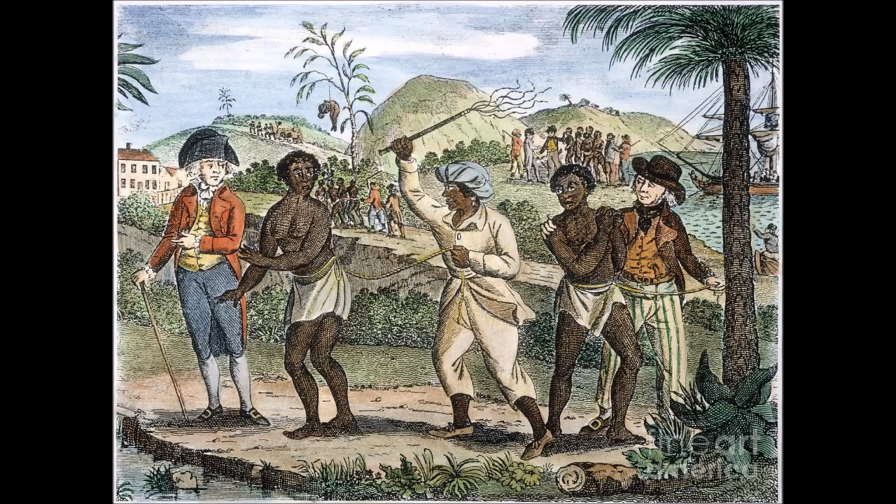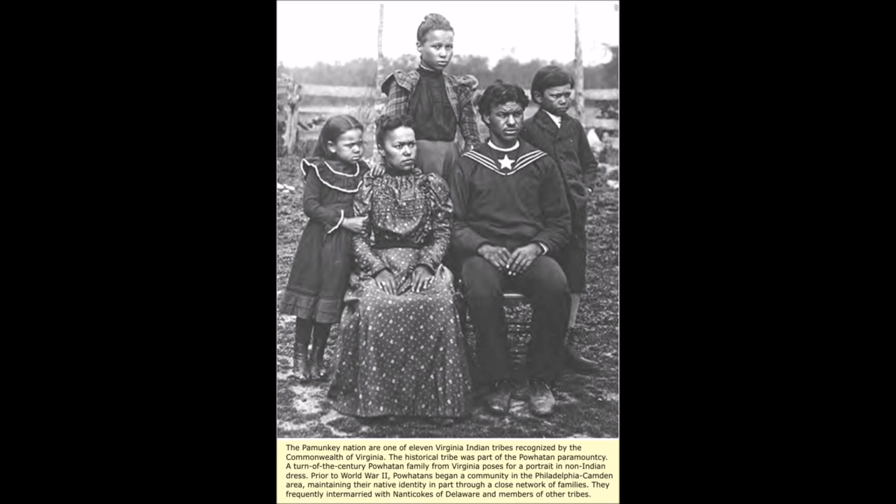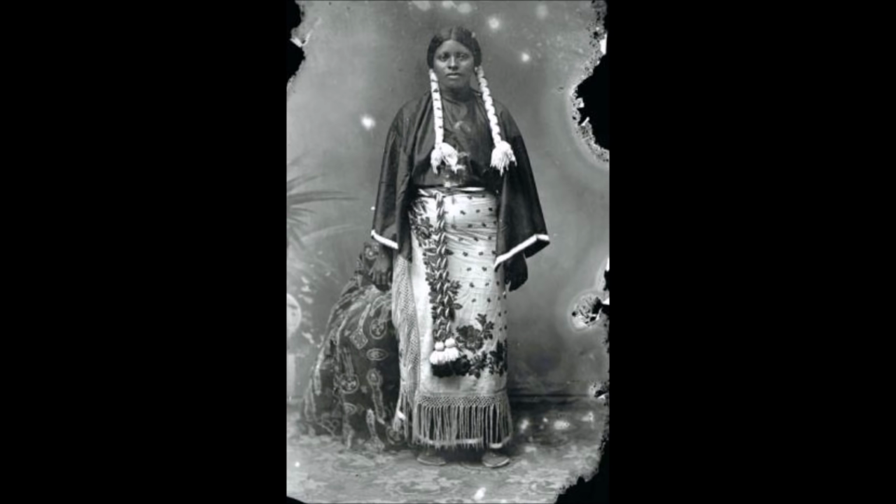Black Native Americans who were not sold into slavery had to identify themselves as free-colored, the same as freed African slaves. This was done by the government to make sure that black Native Americans would lose their rights to land stolen by the whites. Since most black Native Americans were sold into slavery or identified as free-colored, they did not mix with whites. This led to the lost history of the black Native Americans.